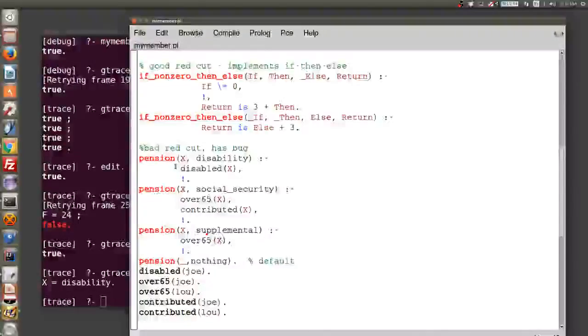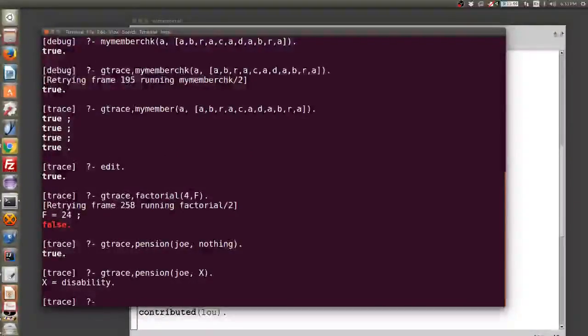So this works as long as your first argument is bound. But if you try it in the other mode, with the first bound and the second unbound, then, as we saw, we have a bug. So it's not true that Joe gets nothing. Joe gets a disability pension. Okay? You thought all red cuts are bad. The truth is that